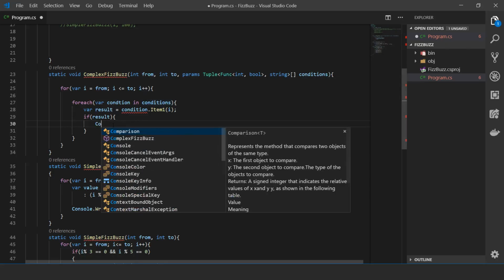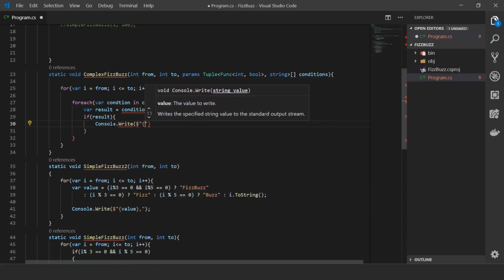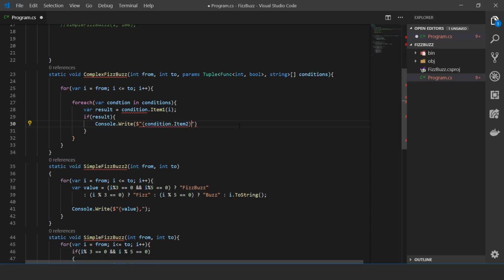write line. Okay, we will use write, and we will write the second item of the passed tuple, that's the string. We can see it here, string, and we can say condition.Item2. I just need to check what these are. Okay. Condition, it was a small typo, Item2. So this should work now, but